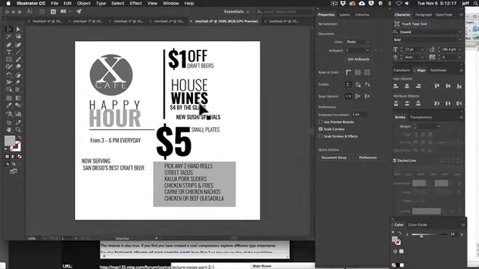For example, house wines doesn't have to be important. It could be by the glass, or $4 by the glass house wines, right? So new could be big sushi specials, right? Or could be new sushi specials, right? So there's a whole variety of different ways that you can create hierarchy with these different words and phrases. So it's up to you how you interpret that, and then of course take a look at some of the samples. They'll give you a lot of ideas about what you can do with the content. And of course the content's different than the samples, but the idea is the same, and the amount of content is about the same as well.